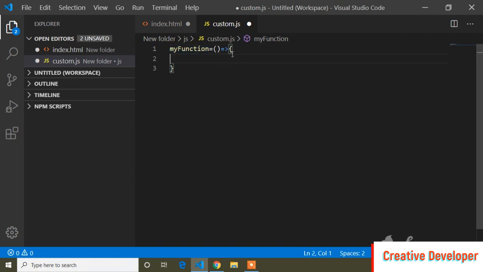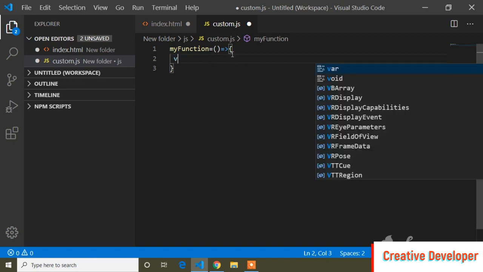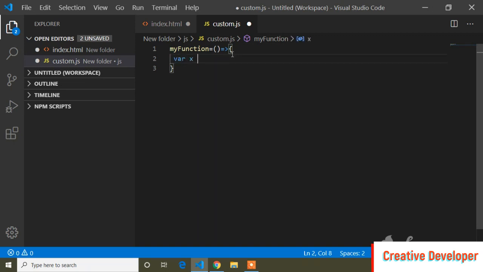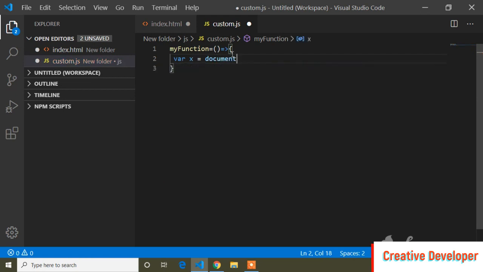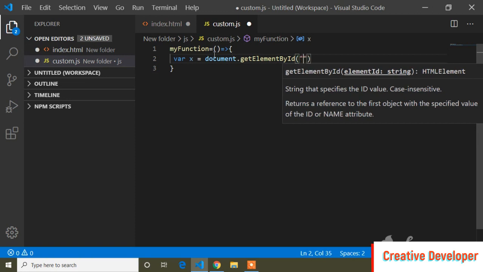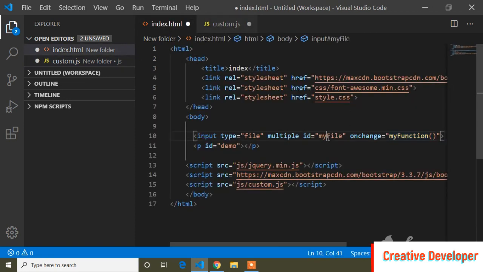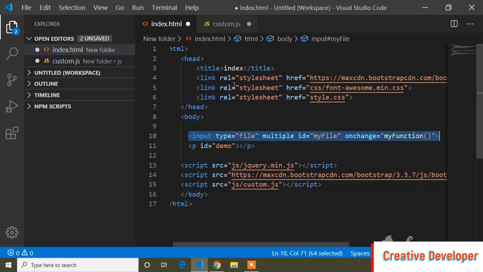So here I will write the arrow function, and first of all I will write a variable, x equals document.getElementById, and the id name is this myFile id. So I will store this input type file inside this x variable.